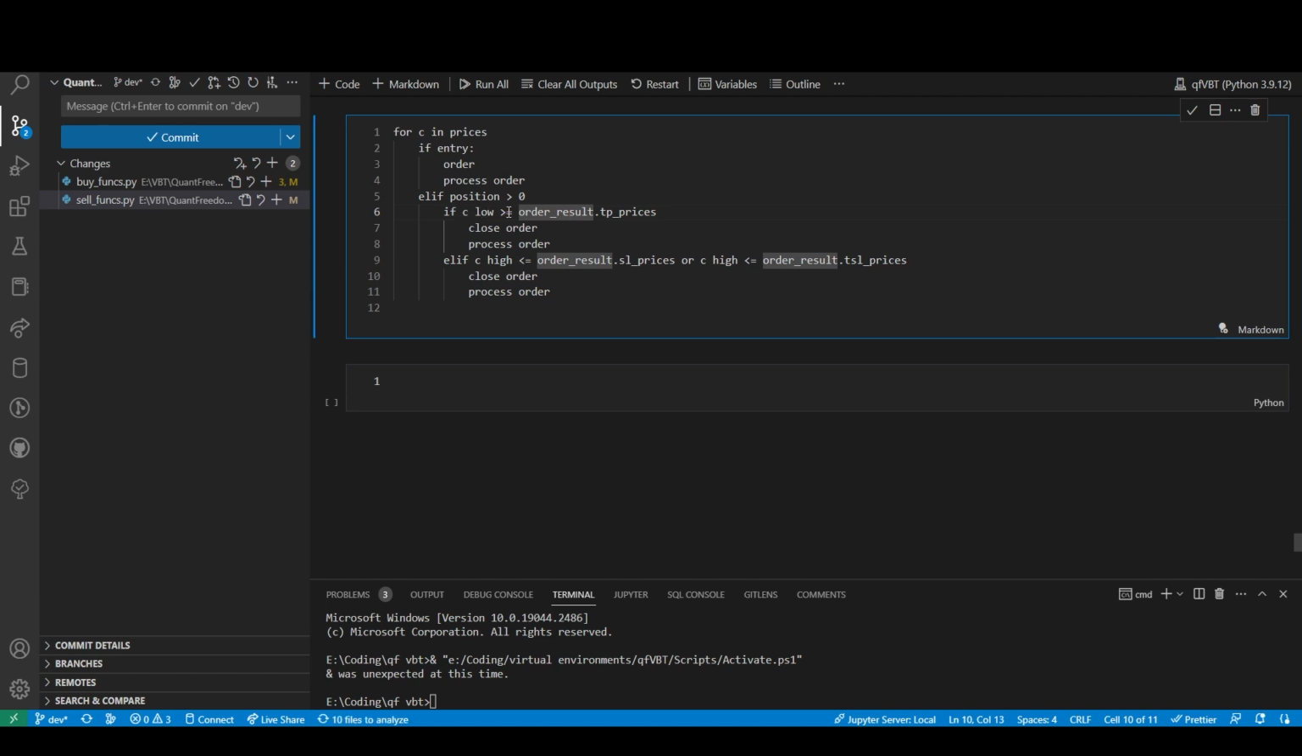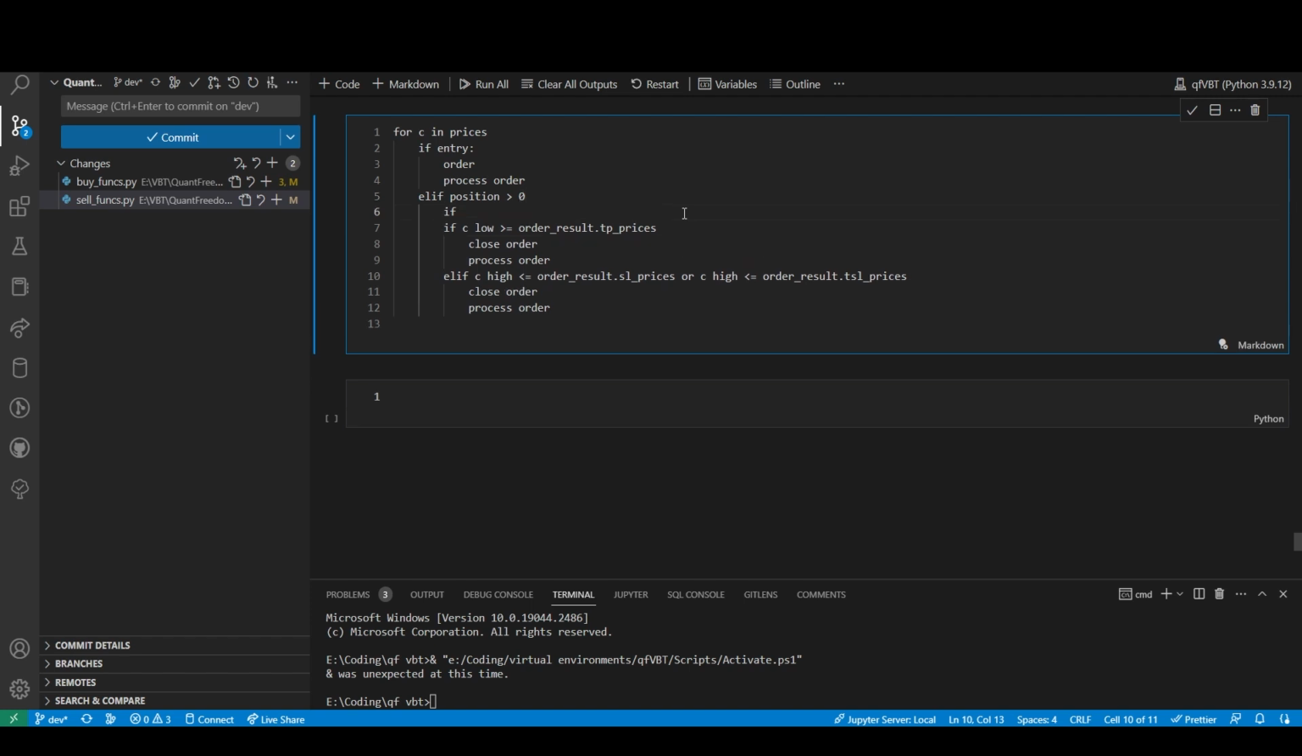if C low, so I have to do a is between. No. I have to do if it's greater than or equal to the low. Or, yeah, I can't do a between. It's C high is less than or equal to. No, I can't do that. It depends on if we're in a long or a short. So if we're in a position, if in long,